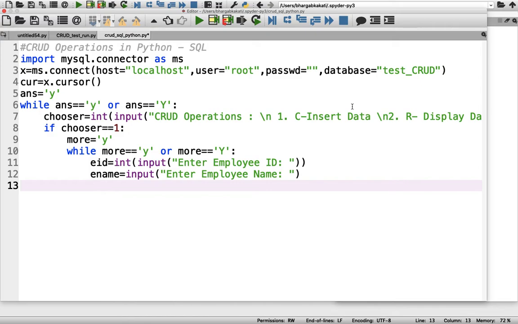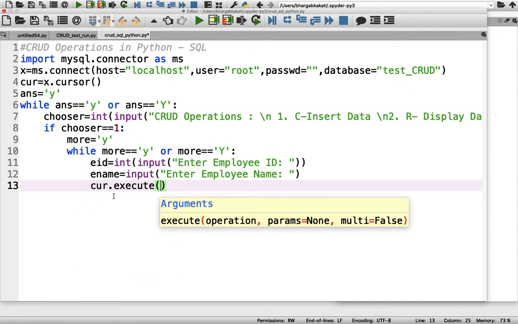After that we have to execute the SQL queries. For that we have to use the execute function, and it should be used with the help of the cursor object, which is CUR in this case. So I'll give here CUR dot execute. I've already discussed all these functions, what is execute, what is cursor, in detail in the previous parts. So if I'm moving through a topic very fast, that means I've already done it. So you can just check it out. If you do not have these basic concepts, you can clarify those concepts and then come back to this video.